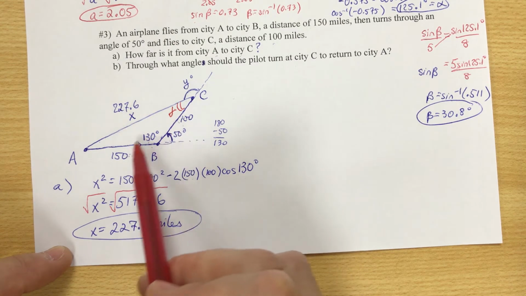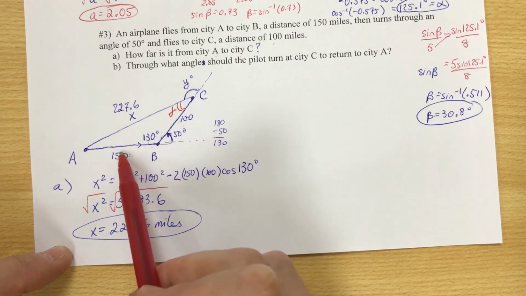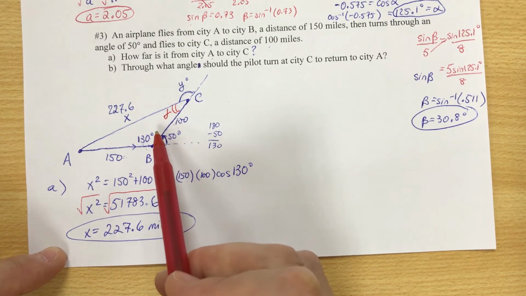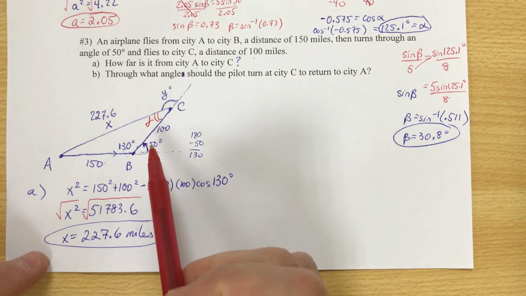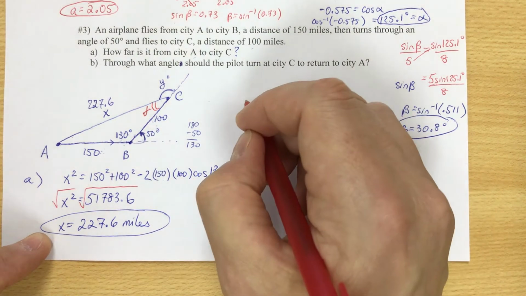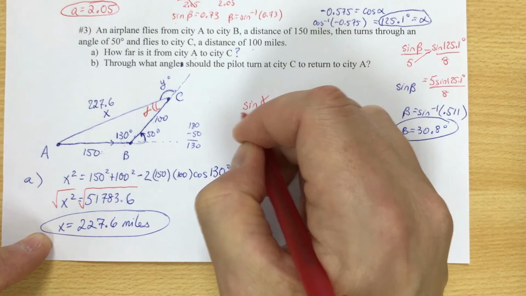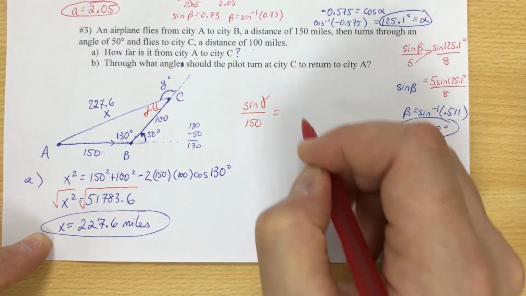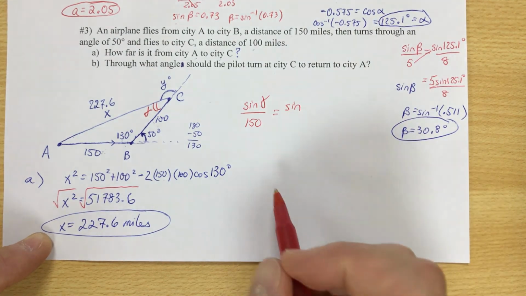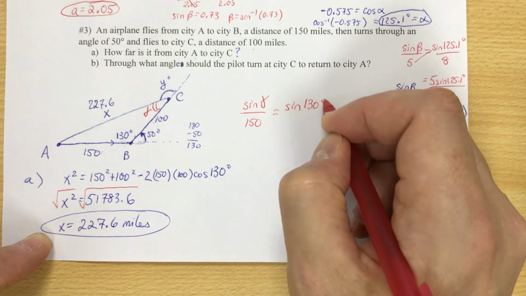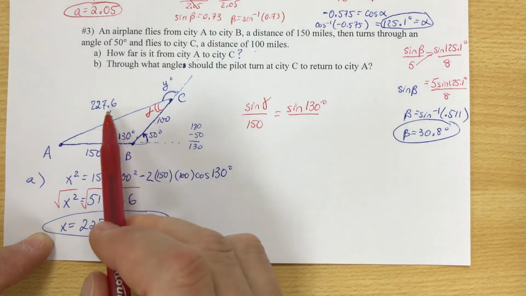Now, we do know the 3 side lengths, so we could do the law of cosines to find this missing angle, but again, I'm going to use the law of sines. I think it's easier to make the proportion. So it would be the sine of gamma, that's the missing piece, divided by its opposite length, 150, is equal to the sine of 130 degrees divided by its opposite length,